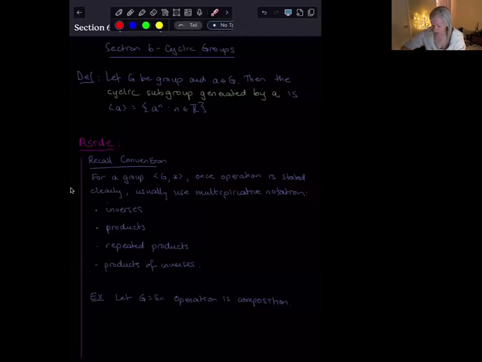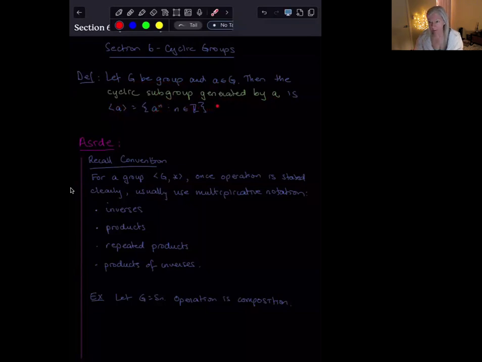Hey everyone, let's talk for a second about cyclic groups. So this is section 6 in your book, and we sort of hinted at it at the end of last class. So I've got some definitions written down here. If you have a group and an element of the group, then the cyclic subgroup generated by that element is this. This is the notation for it, and you just take all powers of A, all positive powers,